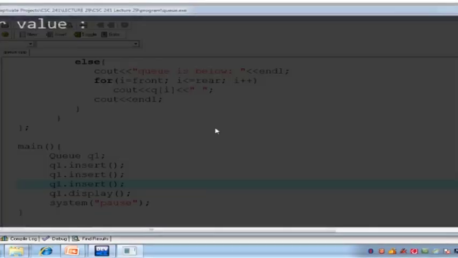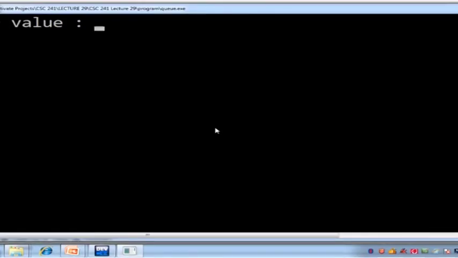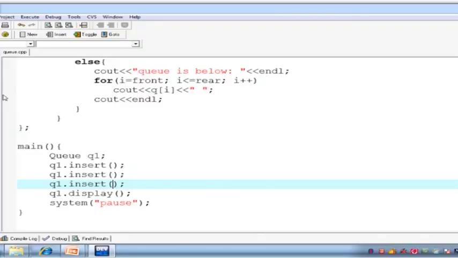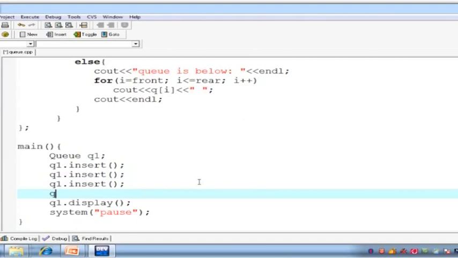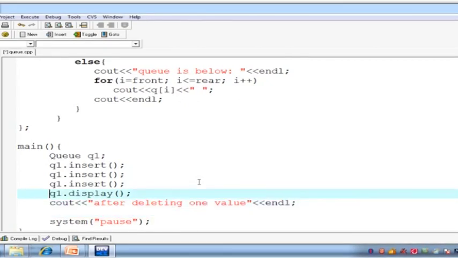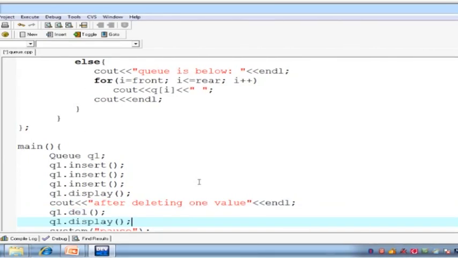compile and now execute. So enter value, let's say value we enter is 7, 8 and 9, and then after 3 times insert function we call a display function, so display the value 7, 8, 9. ठीक है, now let's delete one value, हम यहाँ पे display करते हैं, then we print a message after deleting one value, end line, and then we call a function q1.del, then display the content. ठीक है,